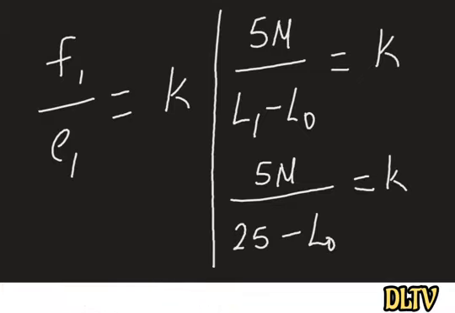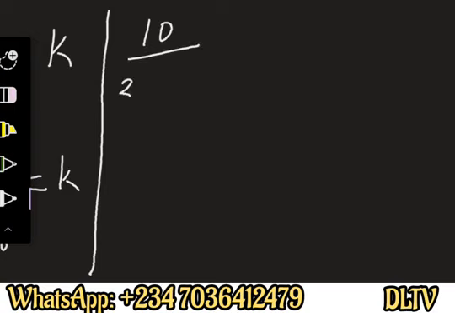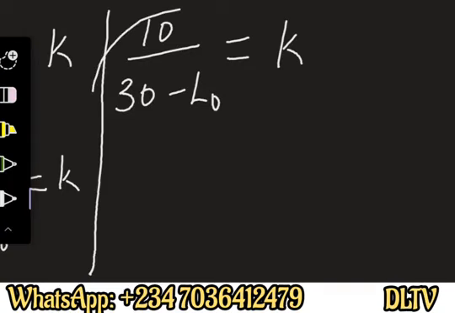So this becomes our first expression for elastic constant due to the first force. So we are going to also get an expression for the elastic constant due to the second force, which is 10 Newton, and the second force, 10 Newton, over the length that resulted, which was 30 minus the original length. That gives us the extension there, over K. So this is an expression of the elastic constant that is due to the second force of 10 Newton. So if 10 over 30 minus L0 is equal to K,